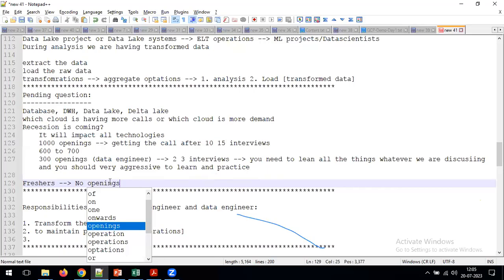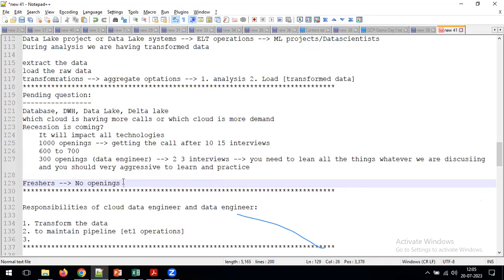See, coming to freshers, if you have 3 to 4 years of experience, you might get the job within 1 month, 3 weeks or 2 months. But if you are a fresher, to get a job on the data engineering side or big data side, you need to spend 4 to 5 months of time. It's an open statement, I'm not hiding anything. You need to wait, because for a fresher, generally companies won't focus on any particular technology. They will conduct some kind of written test, and if you are selected in the written test, they will conduct general interviews.